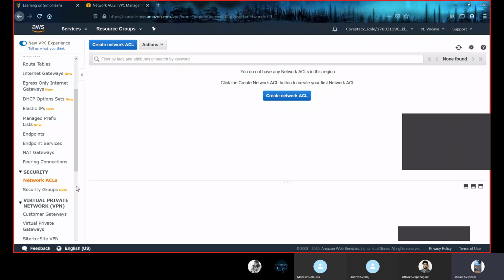Generally, we use this for additional security. It can be an optional layer, and we use this when we require more security for our VPC or for our instance. Now, when we create this, we set rules similar to our security groups. In security groups, we define some inbound rules, like the type of traffic we are allowing. Similarly, while creating a network ACL, you'll be asked to define some rules, and we'll be setting these rules similar to a security group.